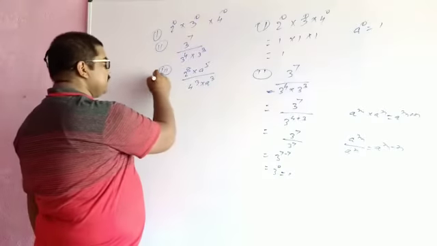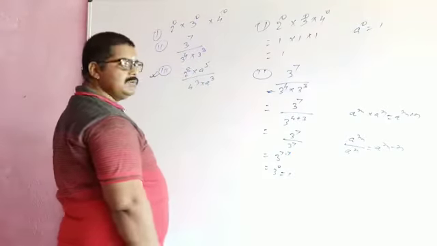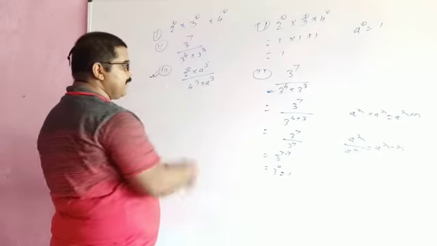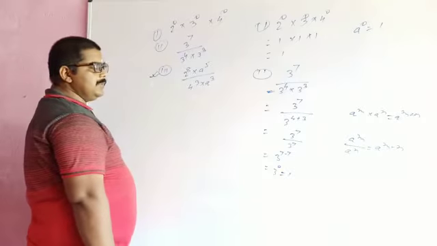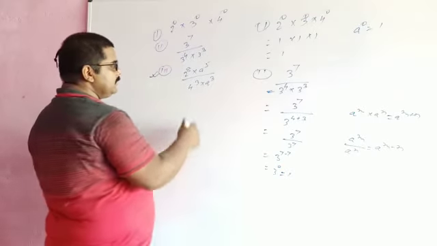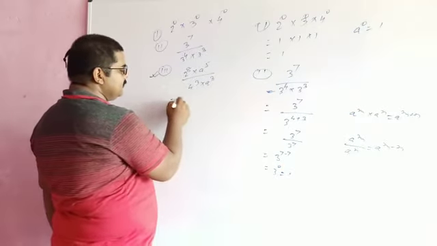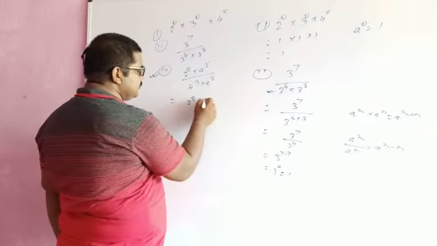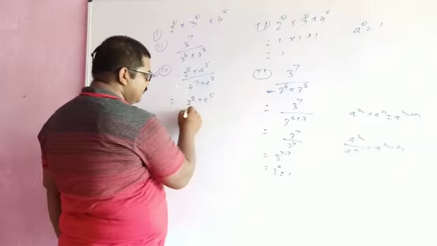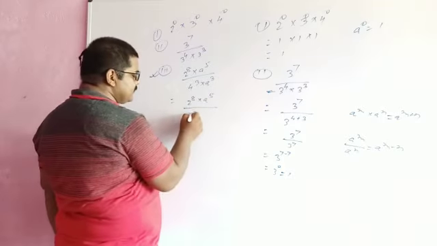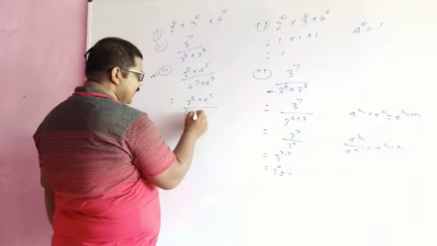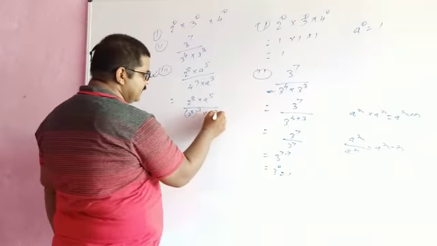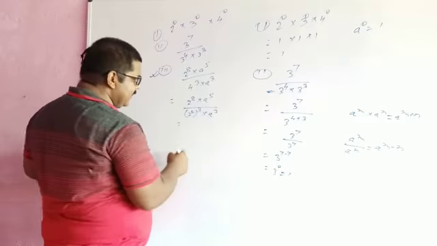The third question, you can just see that 2 to the power 8 into a to the power 5 upon 4 to the power q into a to the power q. In this question, you have to just apply the technique to solve. 2 to the power 8 into a to the power 5 upon 4, which can be written as 2 squared and its cube, because cube has been given in the question, and a cube, which can be written as